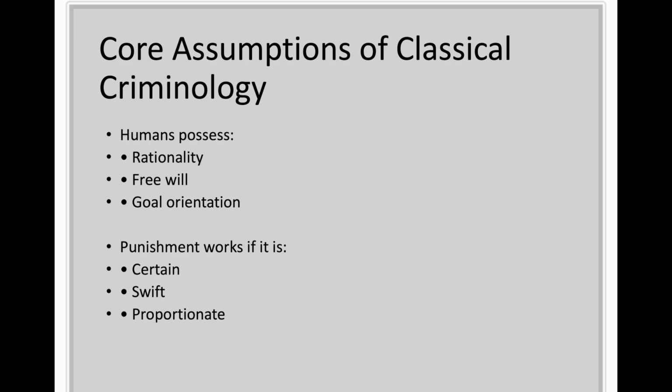In theory, all three of these matter, but empirically, they don't really all matter equally. The strongest and most consistent evidence seems to support certainty. People are more likely to be deterred when they believe they are likely to be caught. Severity, by contrast, has weaker and more inconsistent evidence. Celerity is theoretically important, but empirically difficult to study. This is why the phrase certainty over severity is so important. A punishment system that is extremely harsh but rarely enforced may have little deterrent effect. A punishment system that is moderate but predictable may be more effective.